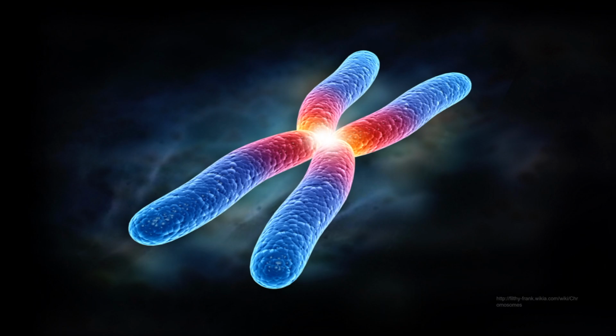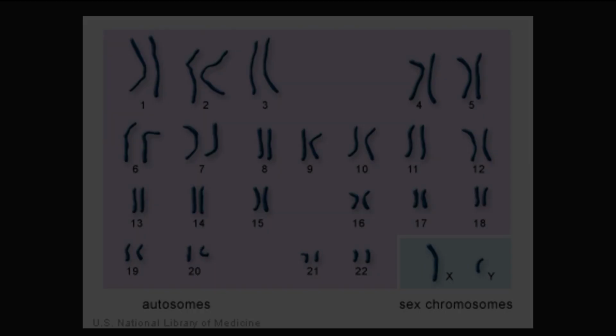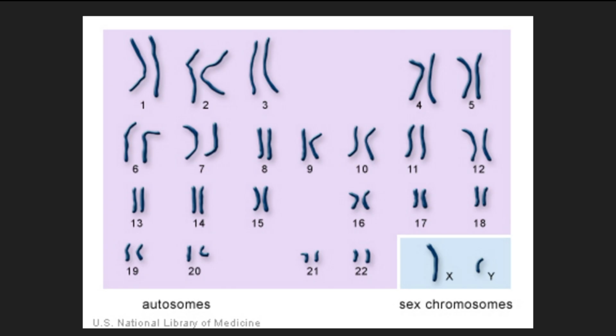Chromosomes play many important roles throughout a lifetime. Their function in fertilization and early embryo development is extremely important. Chromosomes carry all of our genetic material, and studying them allows us to increase our understanding of how we function on a microscopic level. Every cell in our body has 23 pairs of chromosomes, for a total of 46 chromosomes